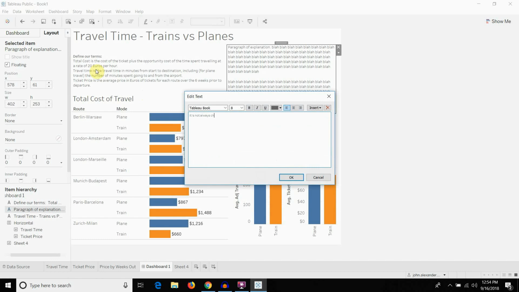So it's not always cheaper to take the plane. Even though flights often seem to take less time, it's not always cheaper or faster to take the plane. When we take into account the opportunity cost of both the time spent traveling to and from the airport as well as the opportunity cost of the additional time on the train, and compare them,